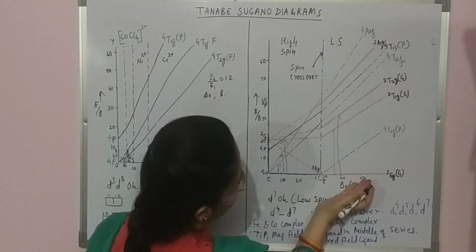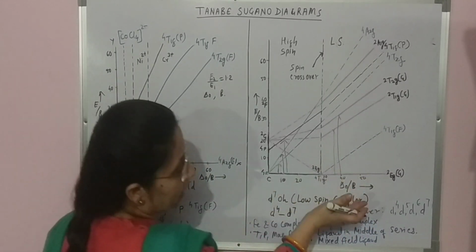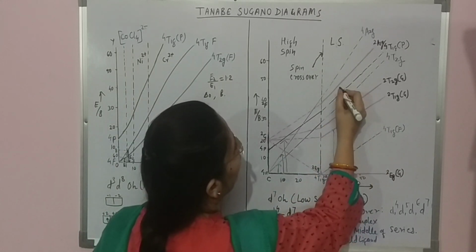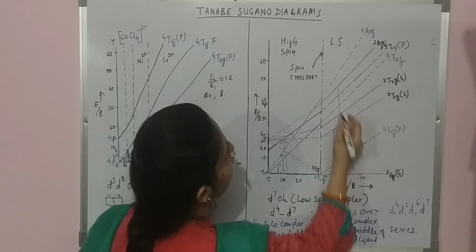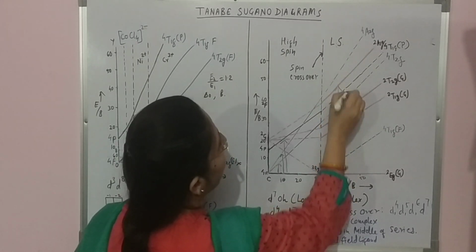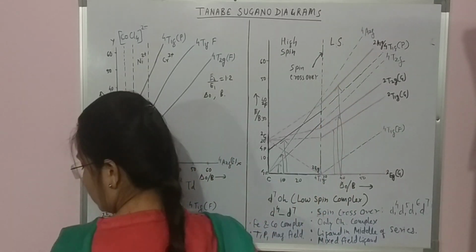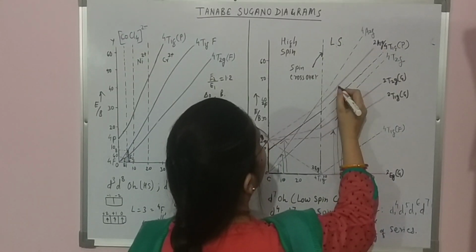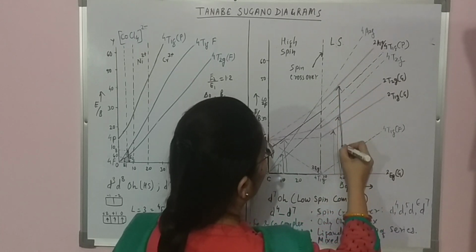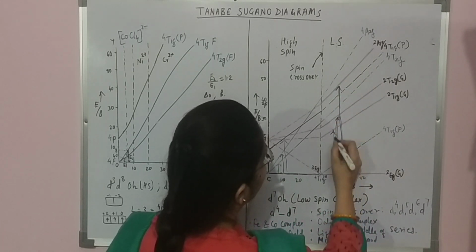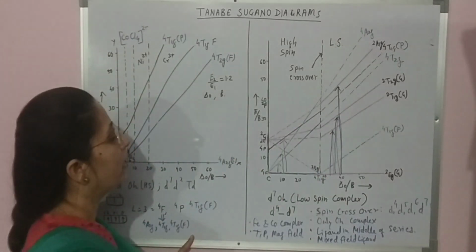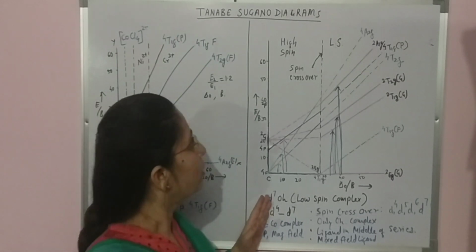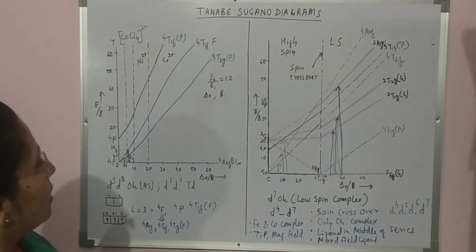It will be between the lowest ground state term, the lowest energy term of 2G, to the comparatively higher excited state terms of 2G. So like this, the excitation pattern will take place. Such spectral lines we will find for d7 low spin complexes. So we will find this kind of electronic excitation. So this is what we have found for d7 octahedral low spin.